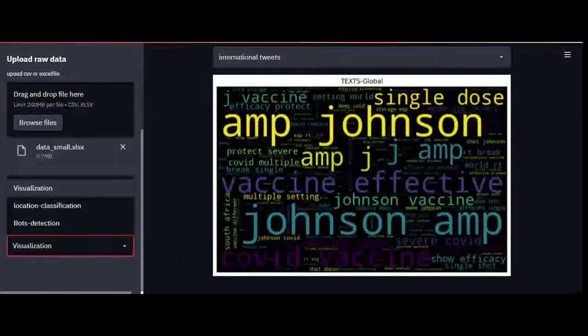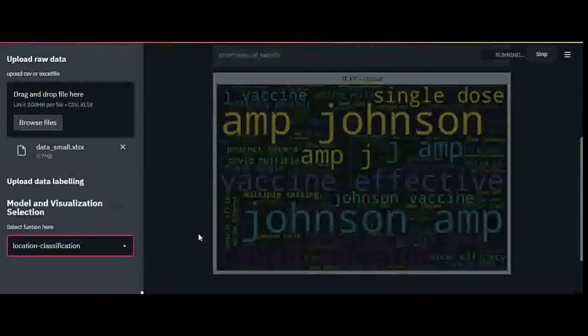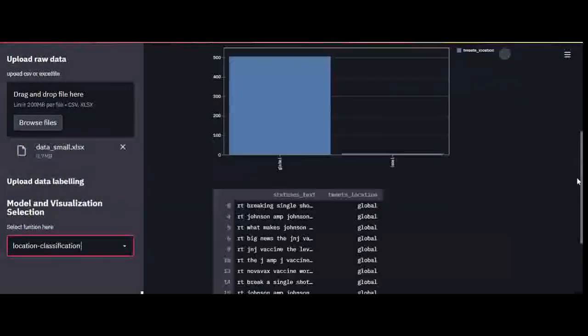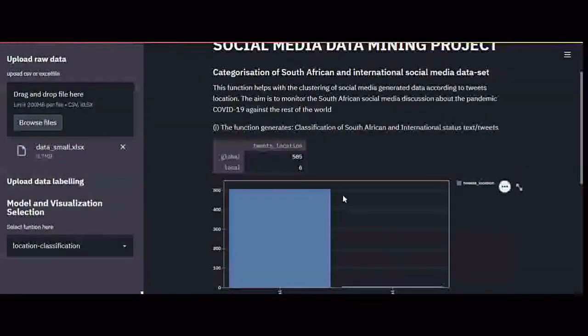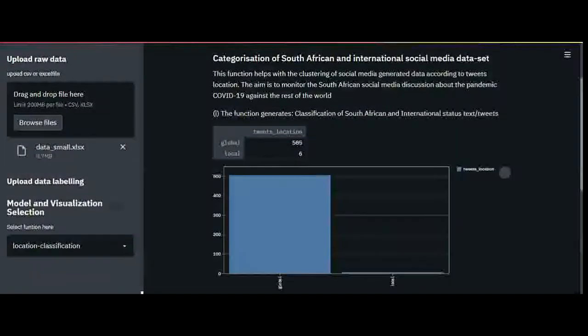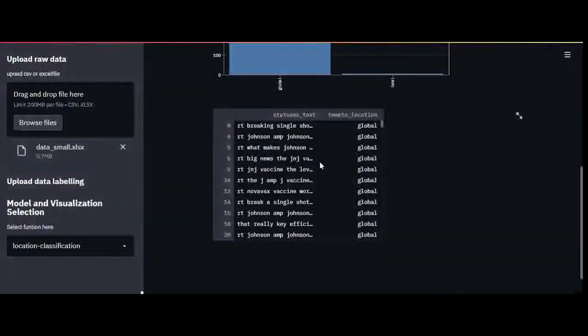So to actually export the data, you can see that this is the data, the way the data is. You can see we had more global data and less local data. You can even export this data here, to any data format that you want. It could be a CSV or